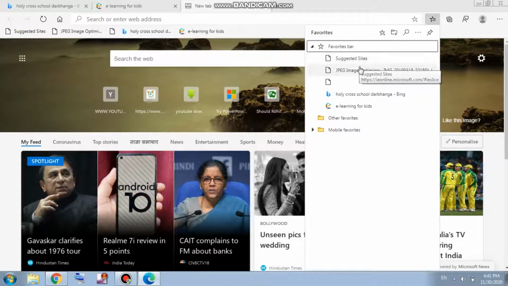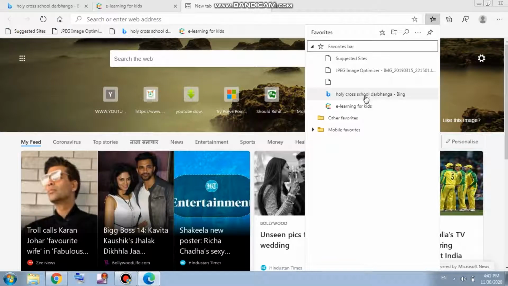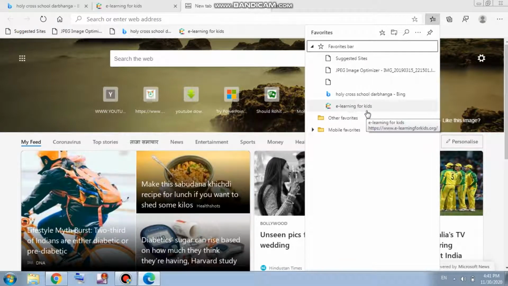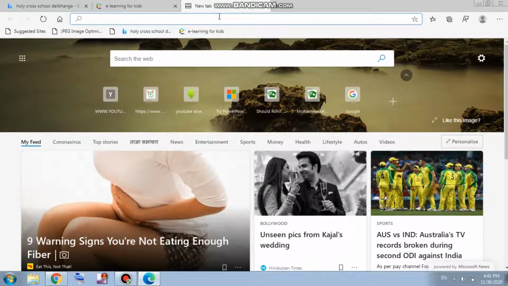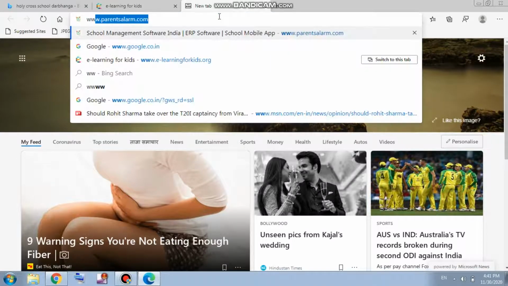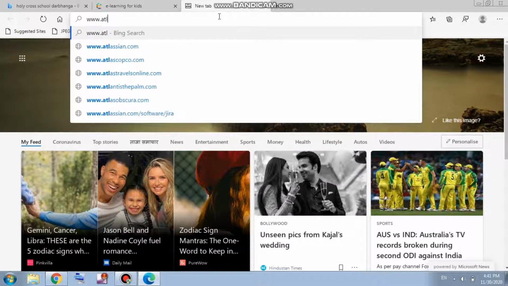And previously I had added these three pages which are of no use, but now I have added Holy Cross School Darbhanga. Now I will be adding one more page, and you will see how that third favorite web page is added here. So for that, let us open one more web page, like Atlas.